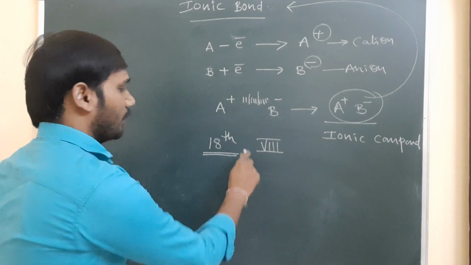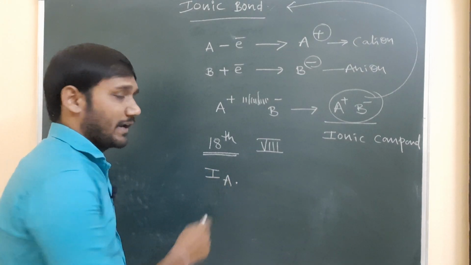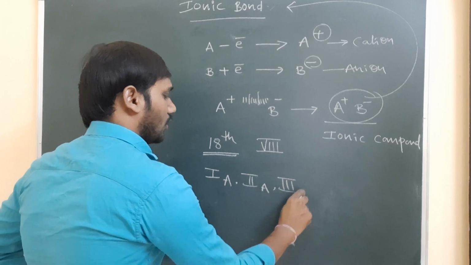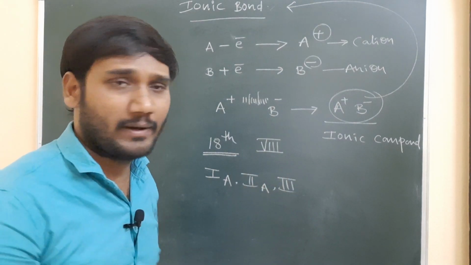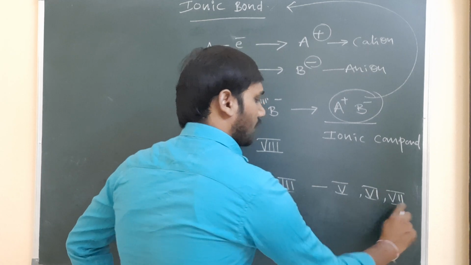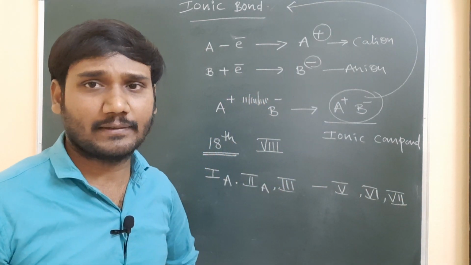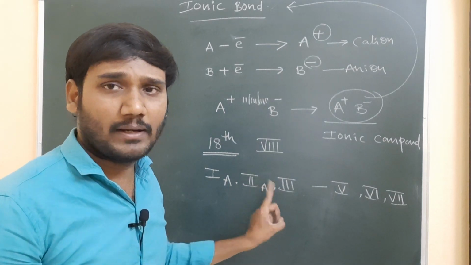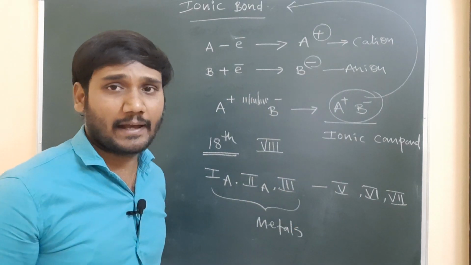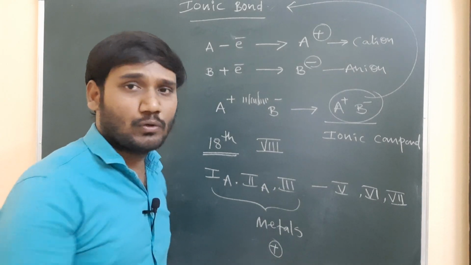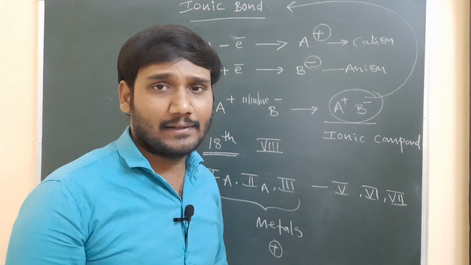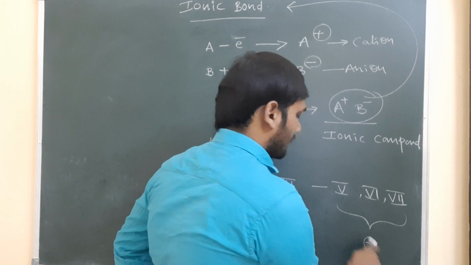Now in this group 1 to 8, the first group of elements is 1A, the alkali metals, and the second group is the alkaline earth metals, and then the third group up to the fifth, sixth and seventh groups. Between these, ionic bond takes place. The first, second and third group elements generally behave like metals, and metals lose electrons and convert into cations. The fifth, sixth and seventh group elements belong to the P block and are non-metals, and non-metals gain electrons and convert into anions.